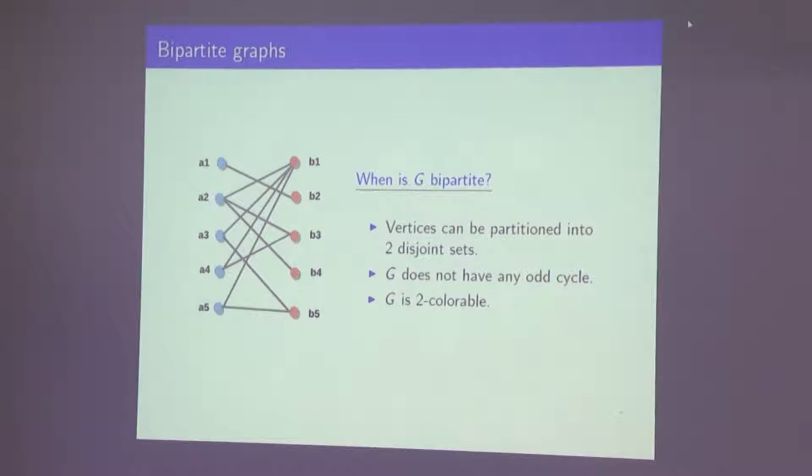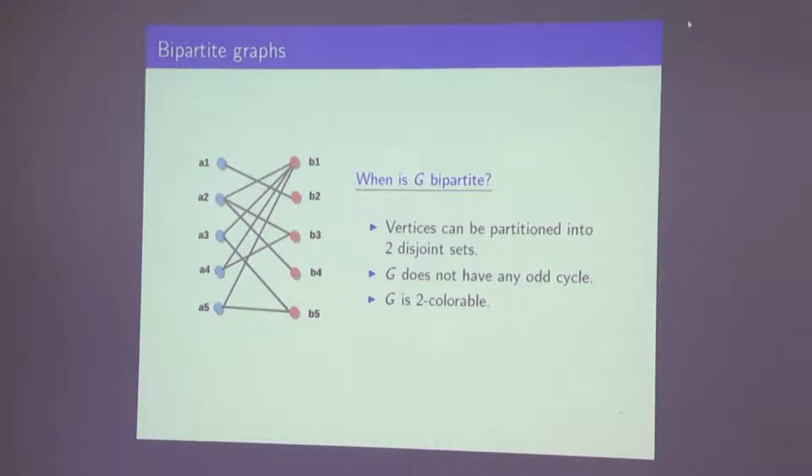Just having a lot of vertices doesn't forbid you. As long as you have bipartite graphs, you can draw as many vertices as you like. But let's say you have this simple thing of a cycle, or even to make life simpler, a 3-cycle. Let's try to color it using 2 colors. Let me say I give a red color here. I will be forced to use another color here, blue.